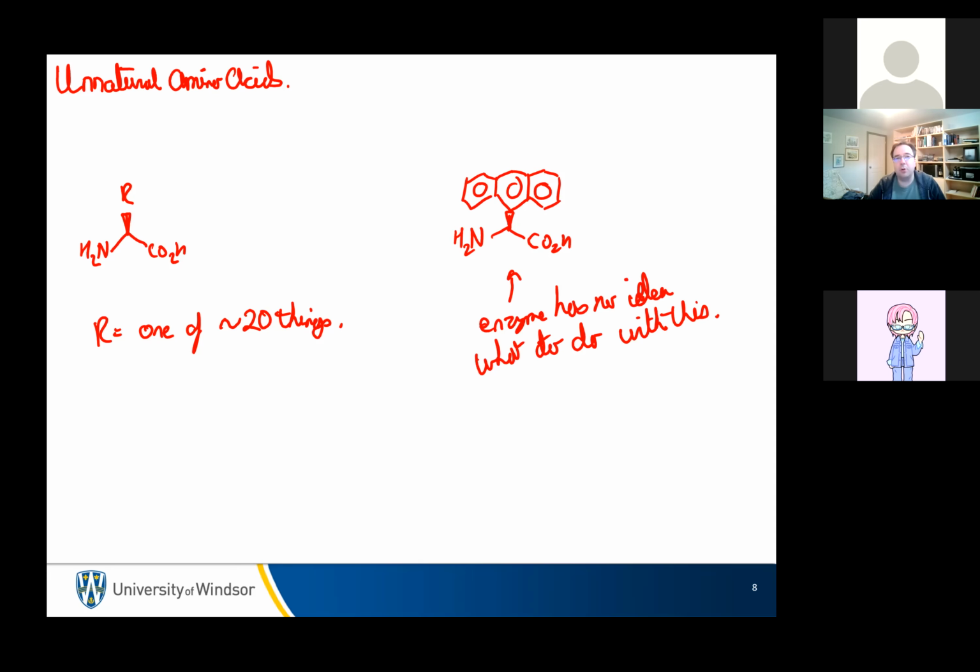like an enzyme has absolutely no idea what to do with that, right? That's bulkier than any natural amino acid. You've got tons of aromatic groups. They're going to take up a lot of space. They're going to force into things. Your peptidases are trying to cleave your amino acid. You're going to have a really hard time getting close to either the carboxylic acid or the nitrogen because there's this big thing in the way. And there's no evolutionary designed enzyme that can overcome that. So if you can use unnatural amino acids, you can just screw up peptidases because they have no idea what